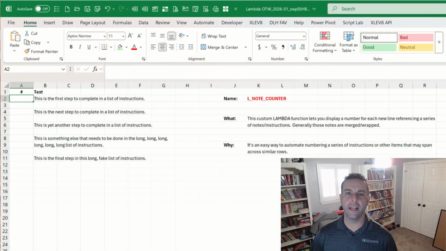Howdy, I'm Derek, and for this episode of Lambda of the Week, we're covering a custom Lambda function called Note